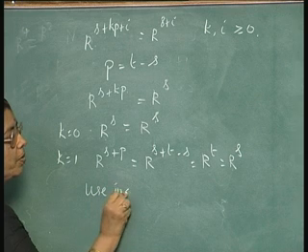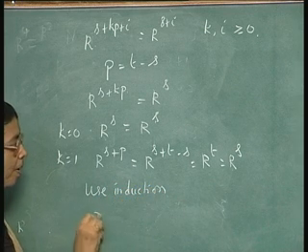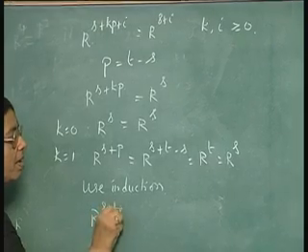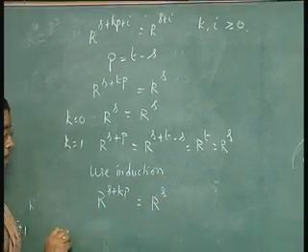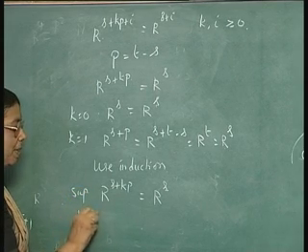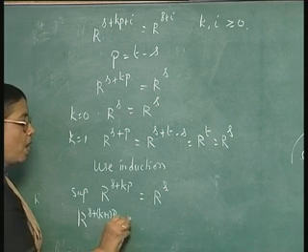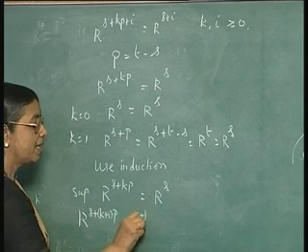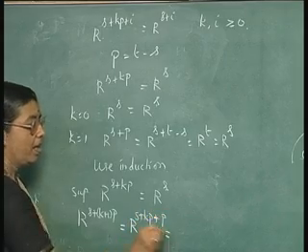Suppose r^(s+kp) is equal to r^s, then r^(s+(k+1)p) is equal to r^(s+kp) plus p, equal to,